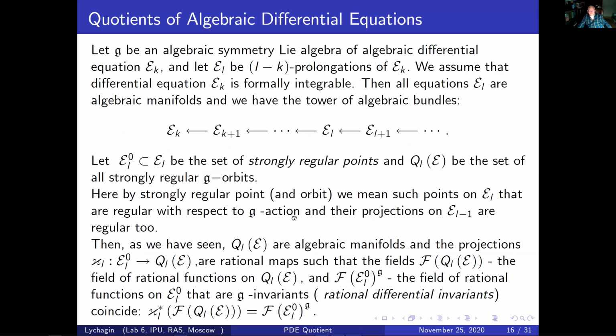So let G be an algebraic Lie algebra acting on our equation Ek and all prolongations of Ek. So this is algebraic, and all these fibrous equations, Ek, El, etc., are